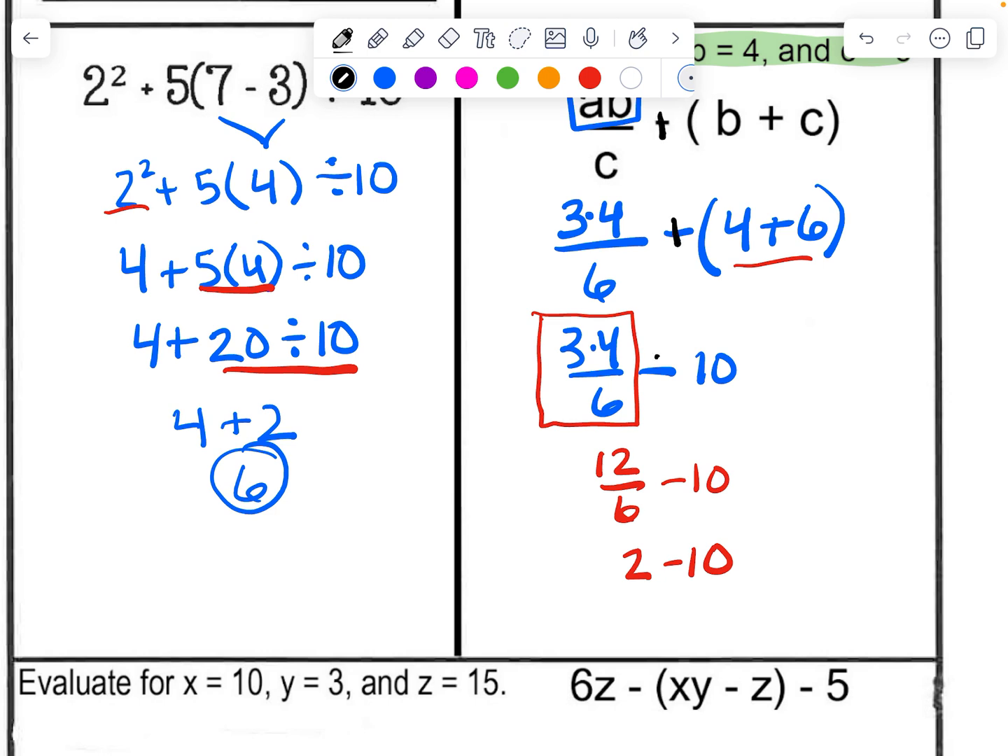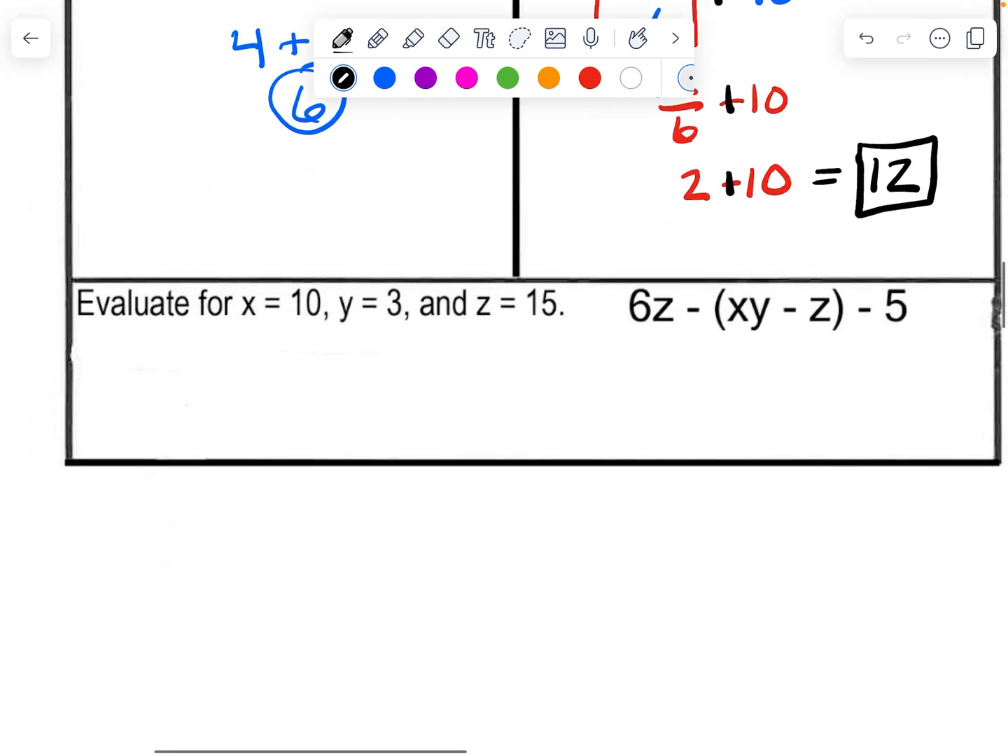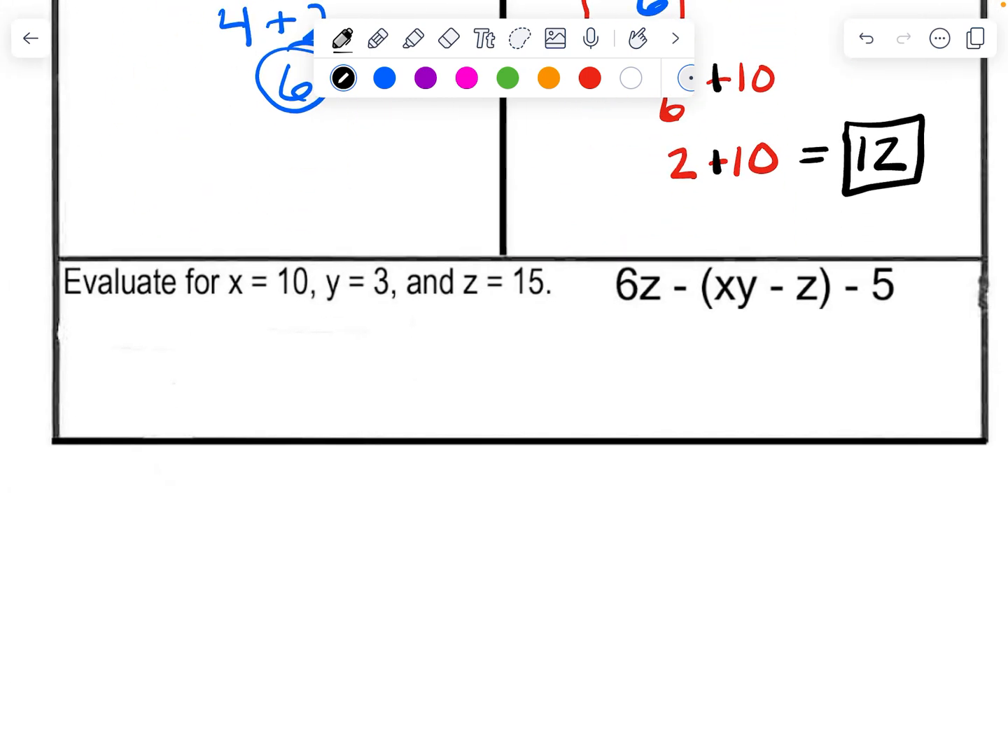All right, lastly, we have another one where we're plugging in numbers for variables here. X is 10, y is 3, z is 15. So the first thing I'm going to do is replace z with 15, x with 10, y is 3, they're multiplied, put a little dot there, minus 15, minus 5. So we have 6 times 15